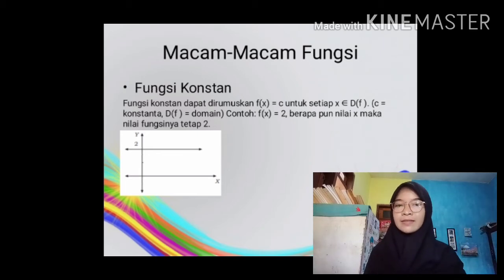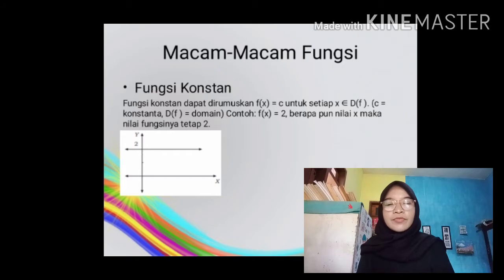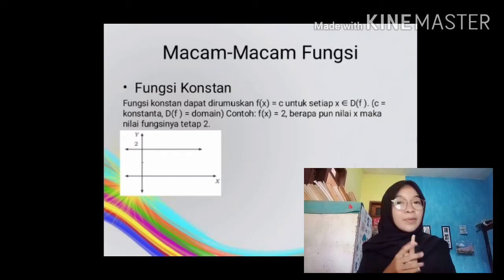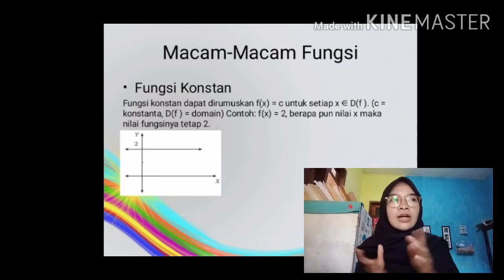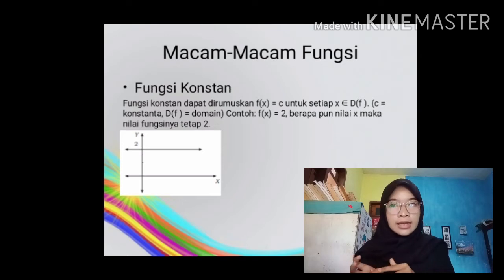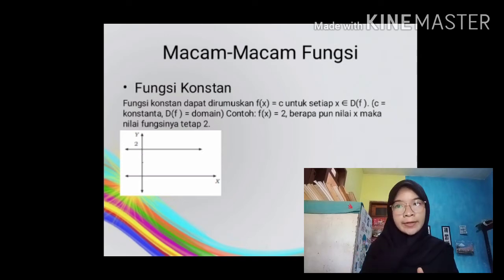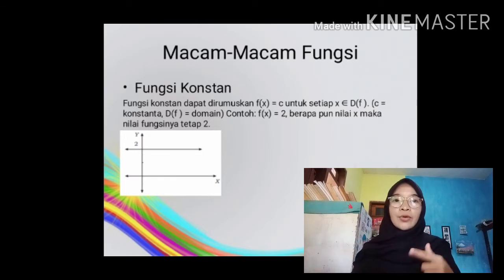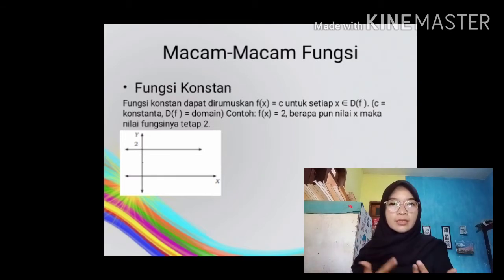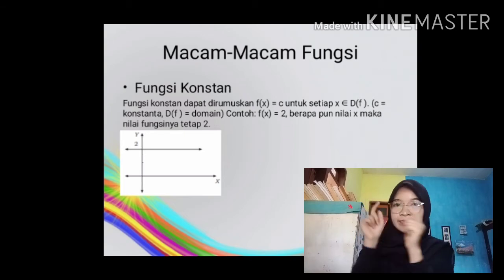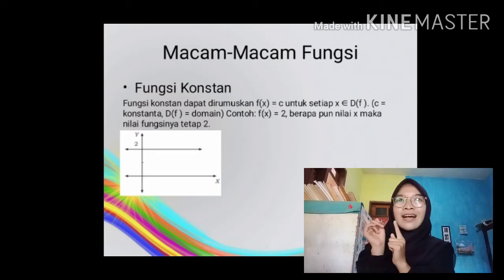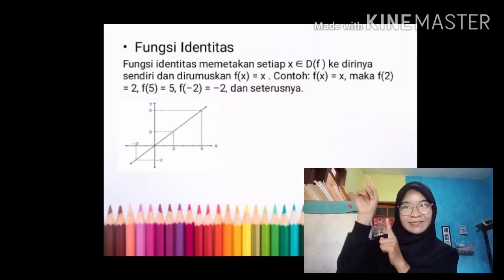Okay, next are the kinds of functions. Number 1, constant function. A constant function has the formula f x equals c for every x element of D f, where c is a constant and D f is the domain. For example, f x equals 2, so the domain of the function is all x. This is the graphic picture. Next,